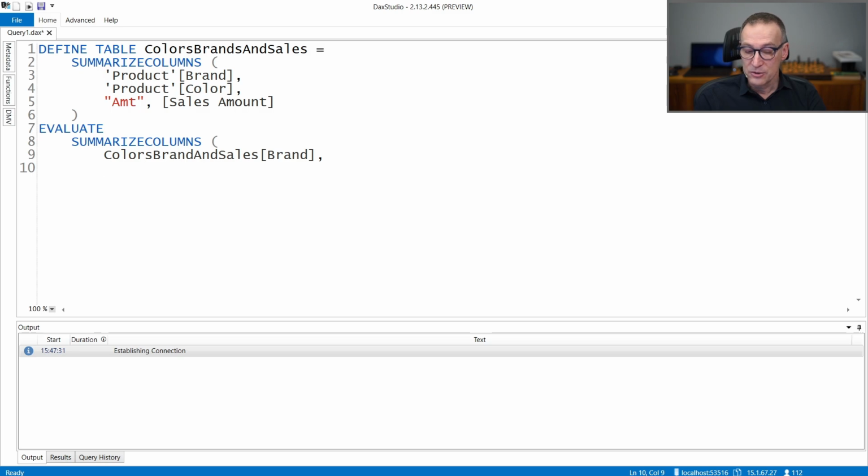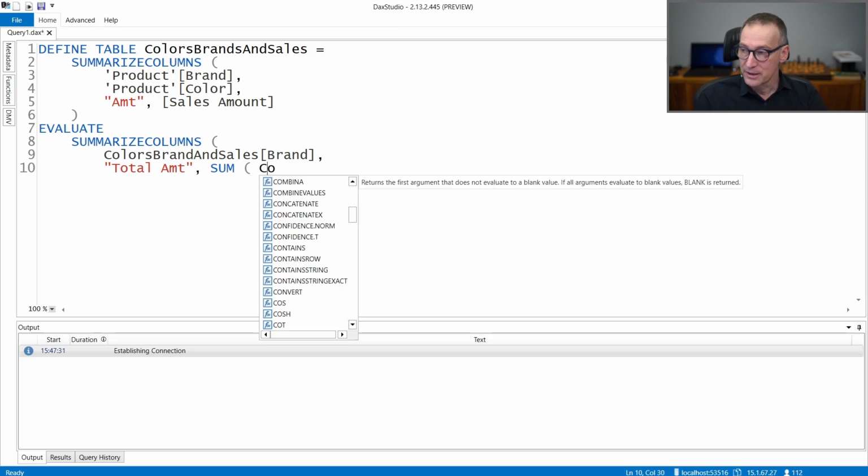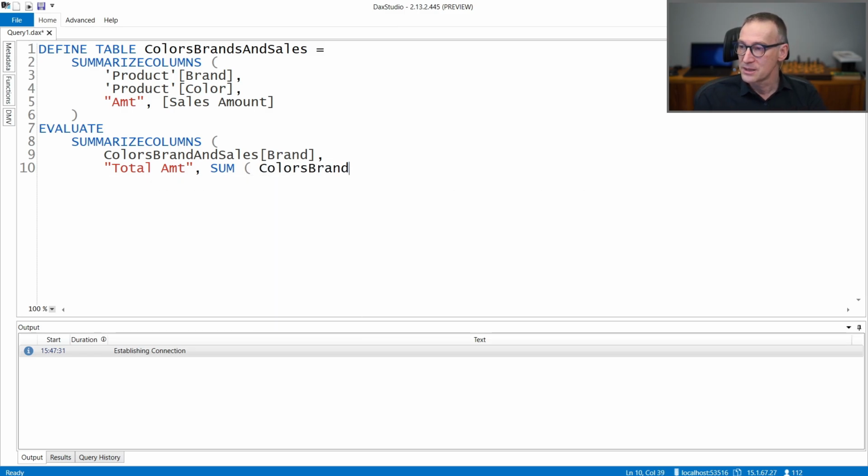And I can also create a new column like Total Amount, and I can use SUM. Now, SUM works with columns that belong to the model, but it also works with columns that belong to calculated tables that exist for the query. So I can write Colors, Brands, and Sales, Amount. I'm missing an S here.